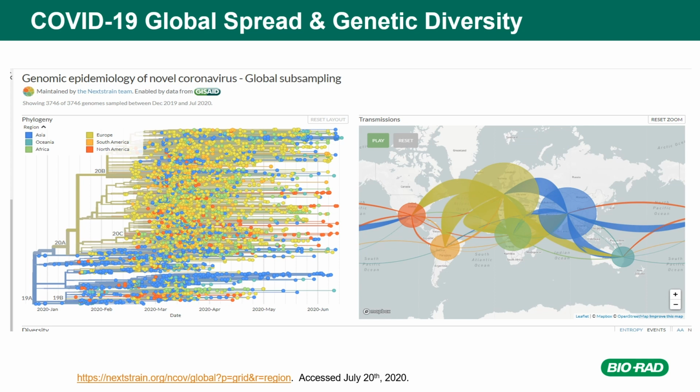This is the nextstrain.org database that shows the genomic epidemiology of SARS-CoV-2, currently based on greater than 3,500 sequenced genomes. It shows that SARS-CoV-2 spread quickly around the world after it emerged in China sometime between October and December of last year. While the first 10 genomic sequences from the 9 COVID-19 patients had 99.98% sequence identity, the virus was and is mutating, as normally happens with viruses, and that a